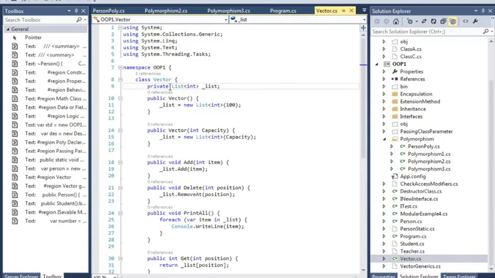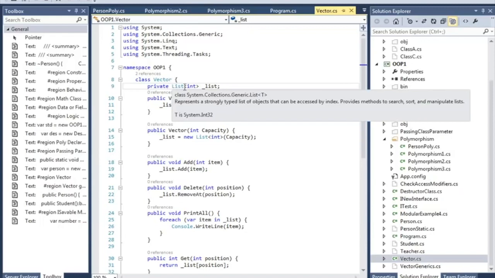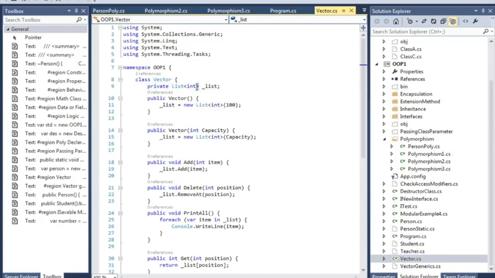Whenever in C# you see these angle brackets, you have to understand that this is generics. The thing that you put into the angle brackets is the data type. The data type that you put, the system will behave like that. The object or class will look like that. So here I have the list or the vector only for integers. Whenever I create this vector, I will have only integer numbers to add in the list.